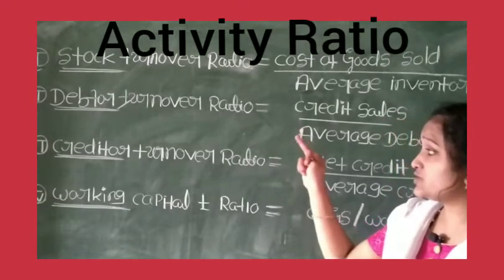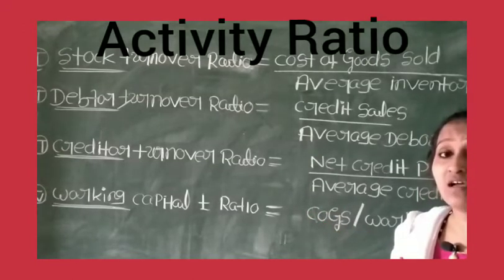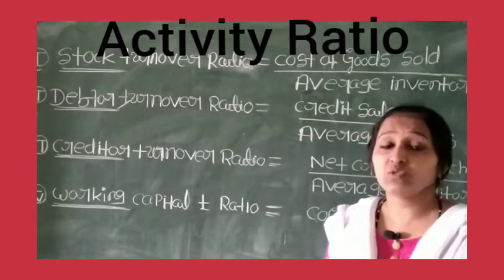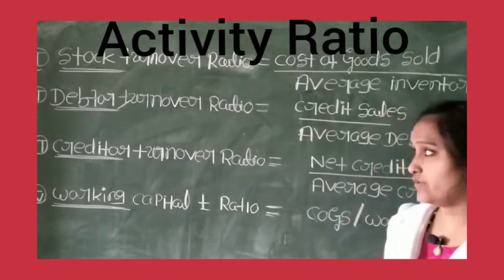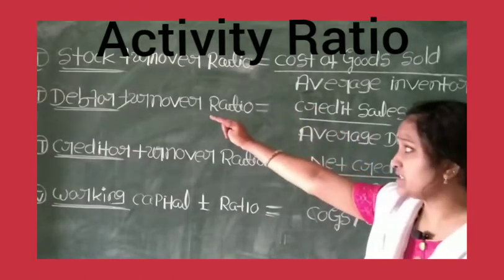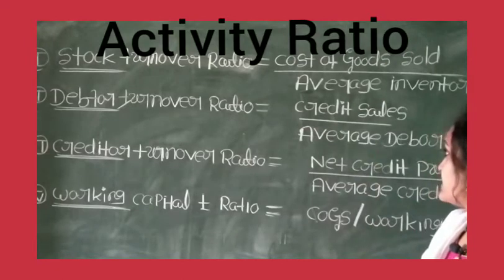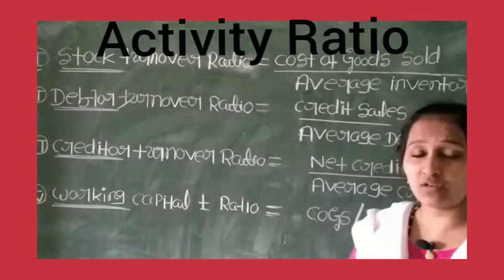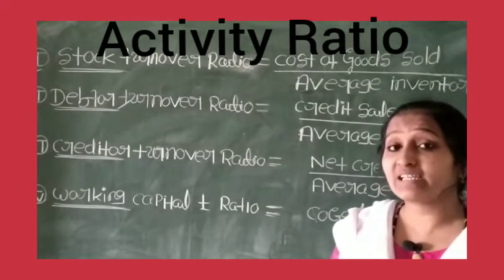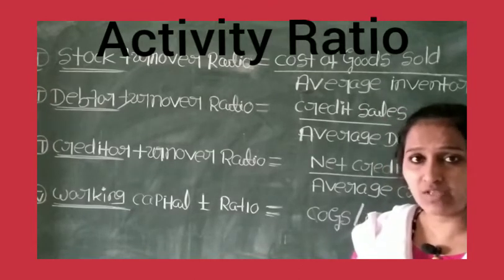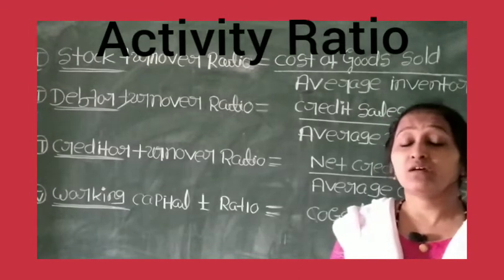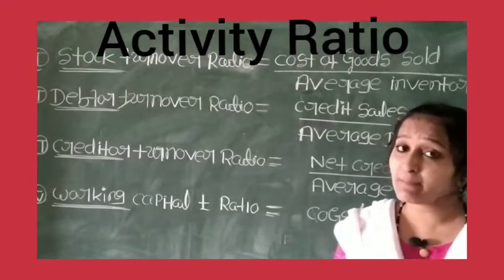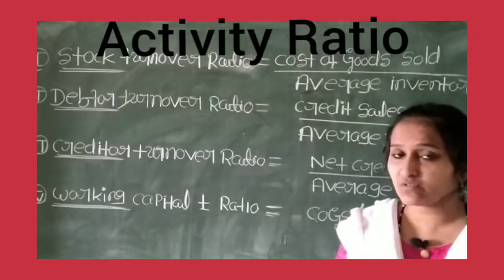So debtor turnover ratio and creditor turnover ratio tell how much the company is supposed to pay and how much the company is supposed to receive. These are calculated with the help of formulas. The debtor turnover ratio formula is credit sales divided by average debtors. To calculate it, you are supposed to take credit sales. Credit sales, as you know very well, means whenever the company is selling goods or its units on credit. That selling is a part of credit sales, it is not cash sales. So you should remember that.